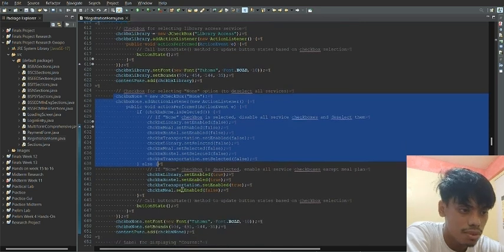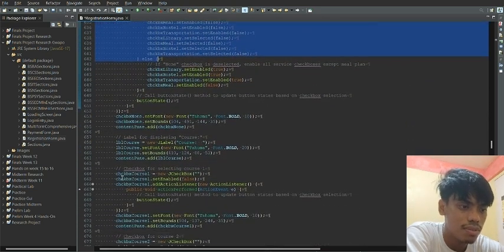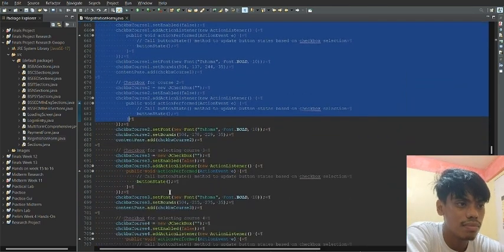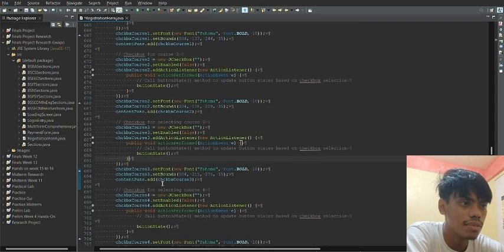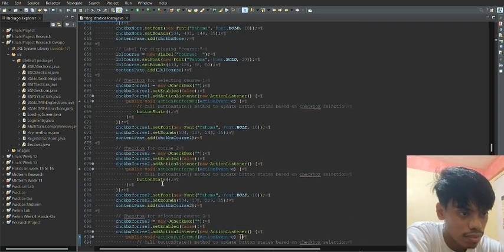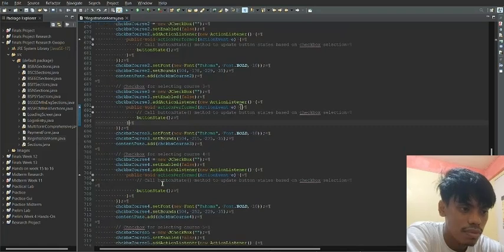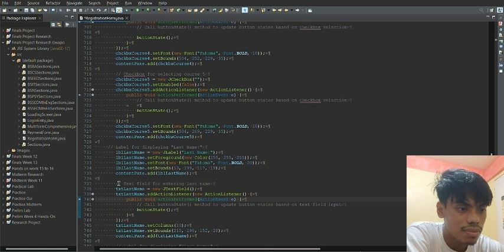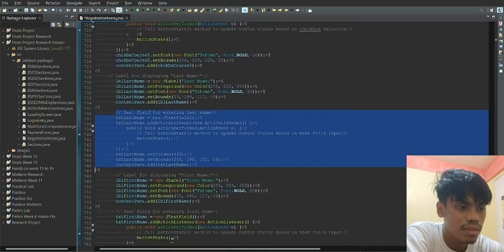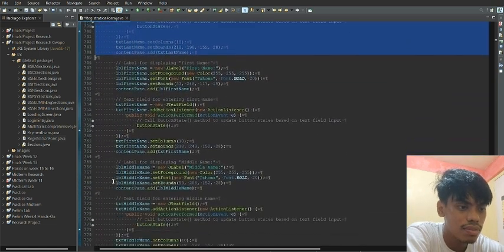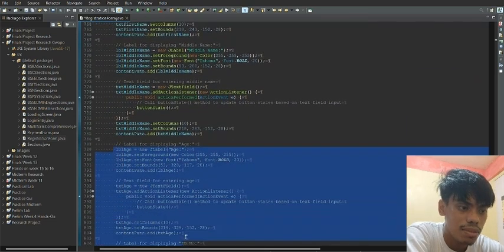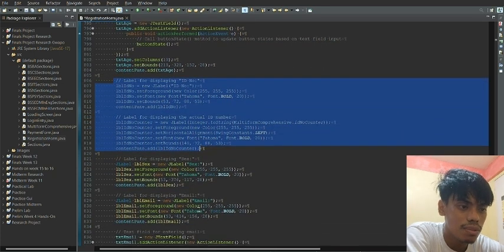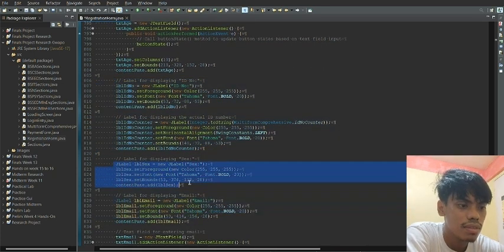And the checkboxes for course 1, course 2, course 3, course 4, and last, course 5. And the components for the name, age, ID number, for the sex, and for the email,